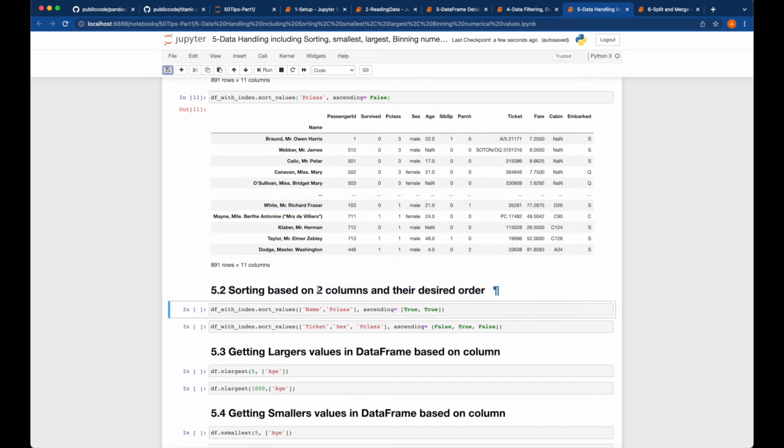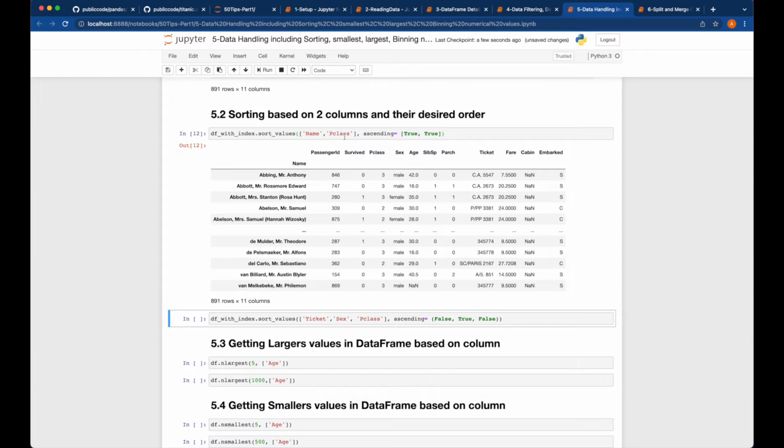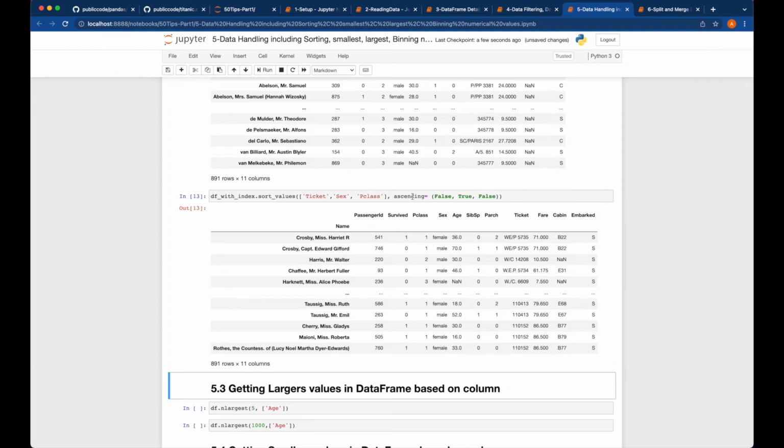Now we are trying to sort on 2 columns and their order. Here we already have the indexed data set and we are trying to do the sort. So with sort_values, you see that I'm passing an array of 2 columns and their order, ascending or descending. As you can see, 2 columns and their orders were added. Next you can use 3 columns and then pass the order of them, ascending or descending. Depending on each column name, you need to add your choice,